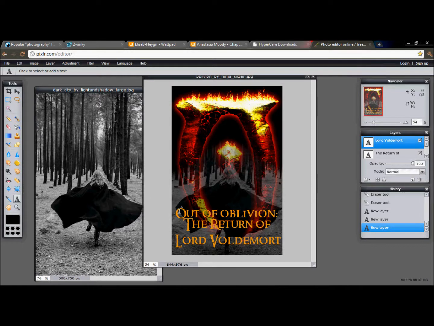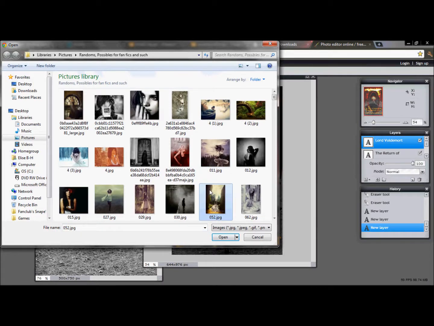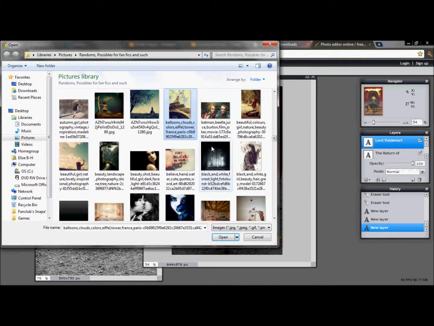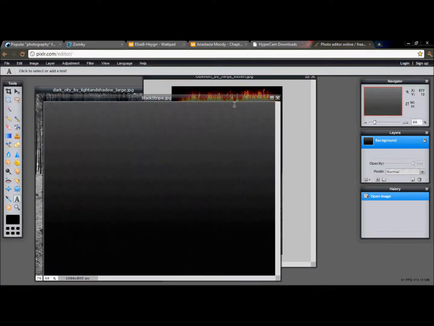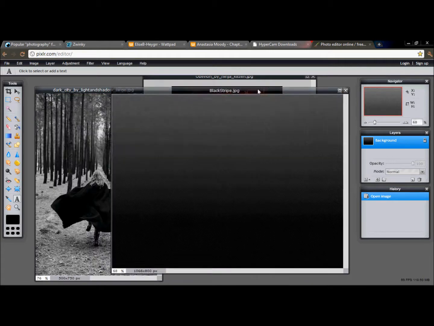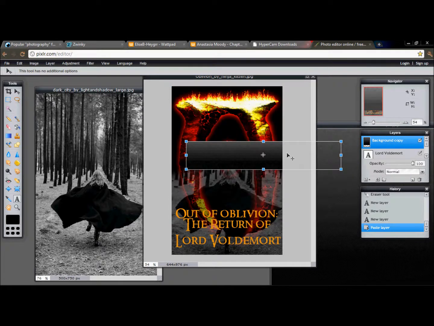And so there you have it. Say you have a brighter image that you want to put, but it doesn't blend in well with the font, with the color this bright. All you have to do is go on Google Images and search up black stripe, and come up with something like this. And it looks kind of a gradient. And all you have to do is